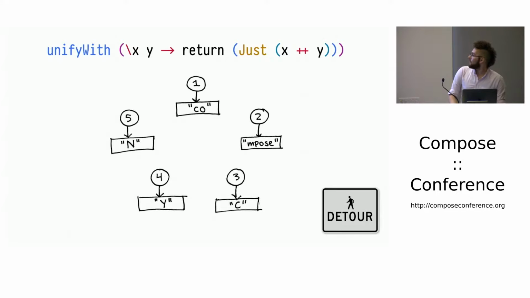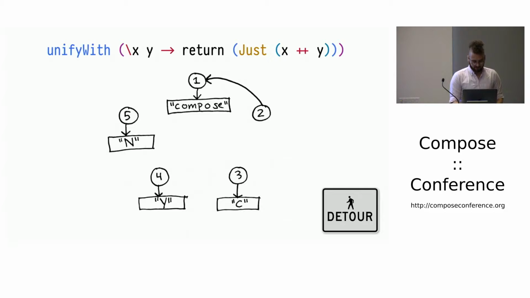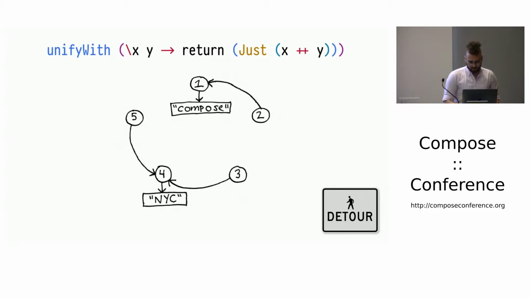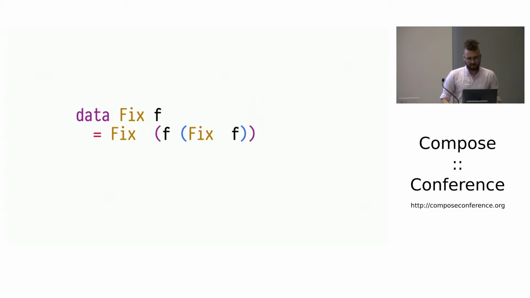So if I were to unify with the function that takes strings and concatenates them, and I unified 1 and 2, and I unified 5 and 4, and 3 and 4, then I would get these arbitrary strings that I chose for no reason whatsoever. So ending that detour, or almost ending that detour, I want to show how we can use this unification variable interface